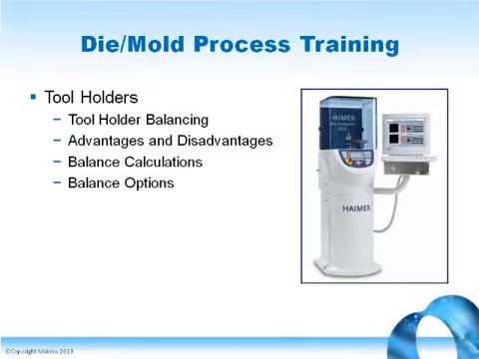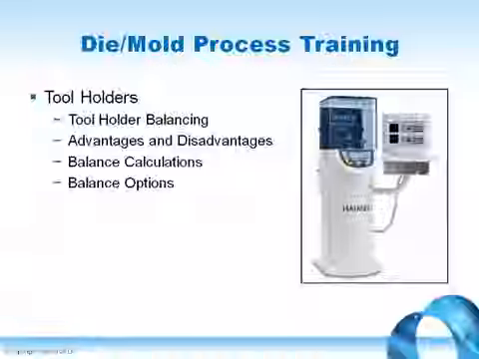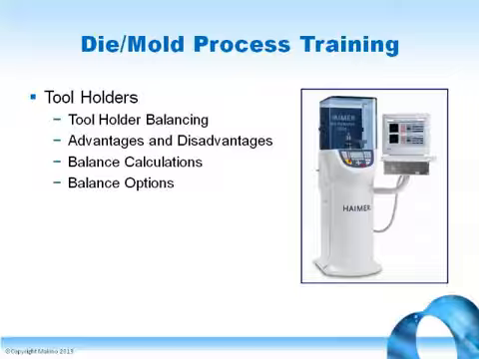What are my balancing options? Buy balanced holders and symmetrical tools rated at higher than the max RPM of the machine. Use a tool balancing service. Buy a balancer. What can affect the balance on my balanced tool holders? Retention knobs, collet nuts, collet accuracy, tool body, tool holder condition, and paint pen marks.